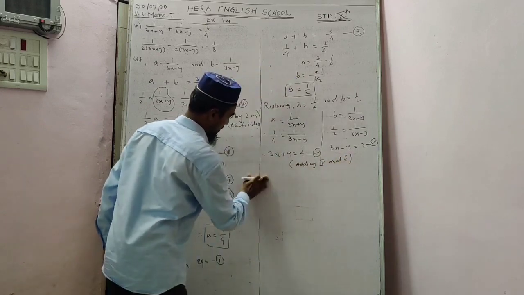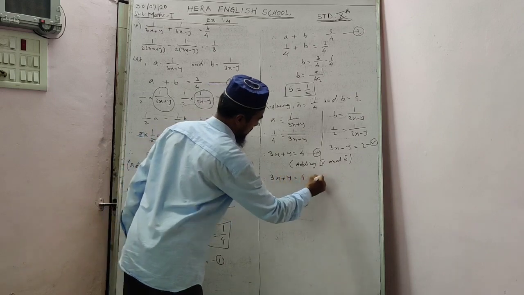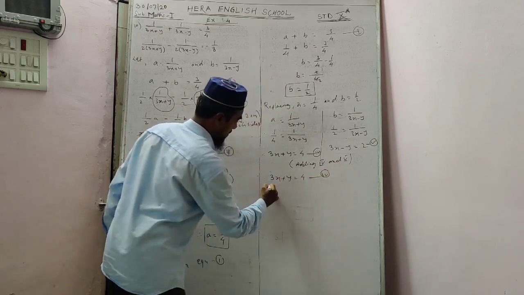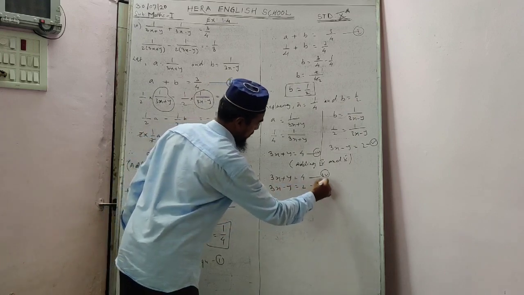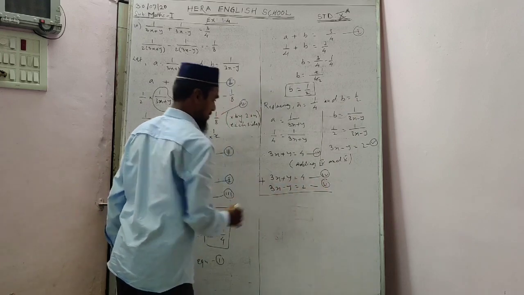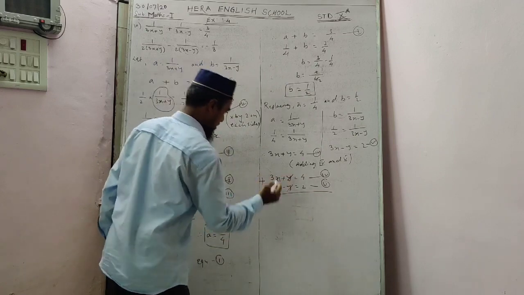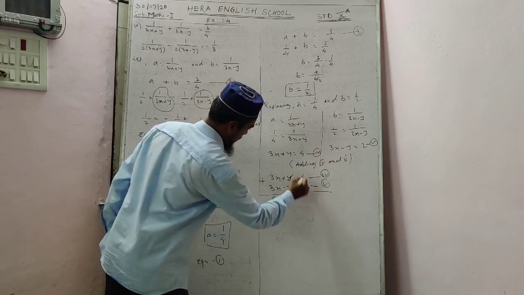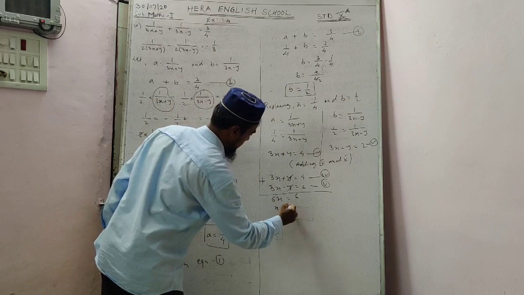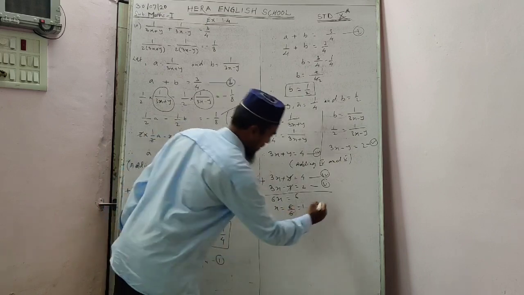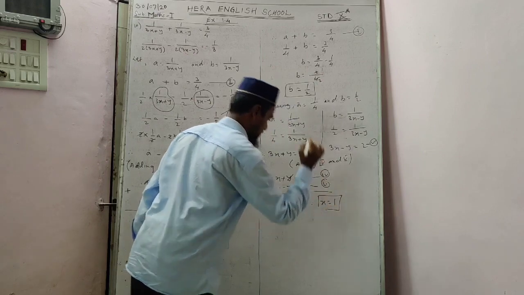The 4th one we have here is 3x plus y equal to 4, and 3x minus y is equal to 2 is the 5th one. Adding both the equations, you will get the cancellation of plus minus y, 3 plus 3 you will get 6x, 4 plus 2 you will get 6, x is equal to 6 divided by 6, so you will get the value of x as 1, means we got x is equal to 1, the first value.